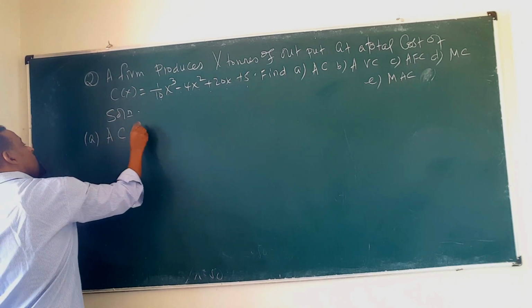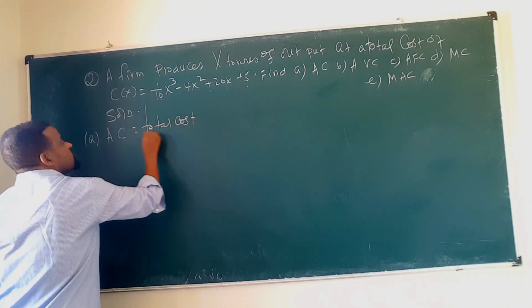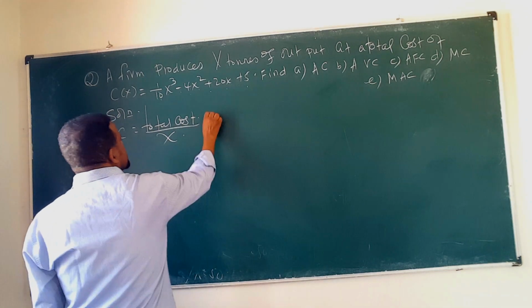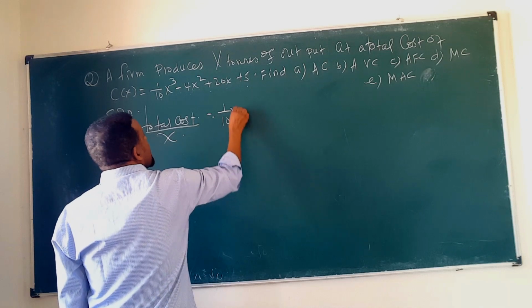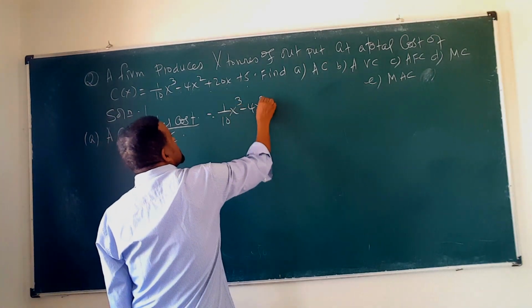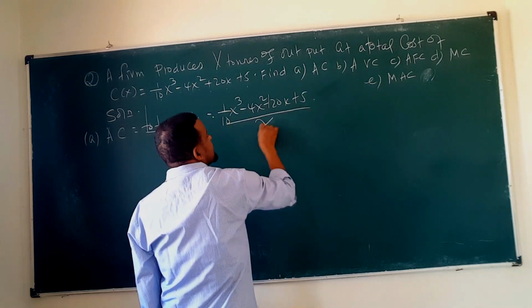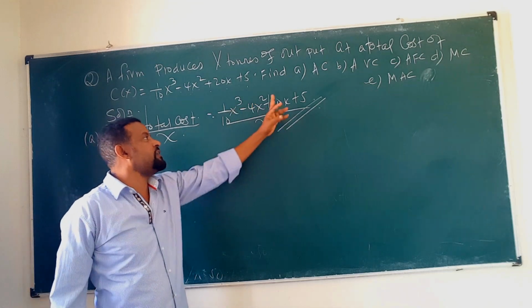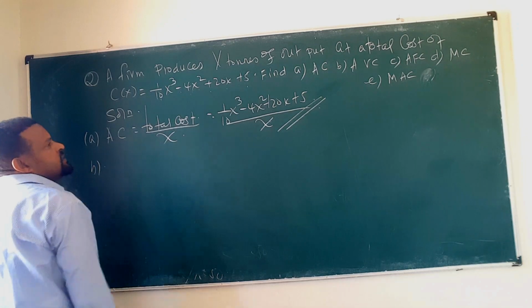Average cost is equal to total cost divided by the quantity x or the output x. So what's the total cost? Total cost is given here. So 1 over 10 x cubed minus 4x squared plus 20x plus 5, of course, divided by what? X. And አካፍላችሁ ማስቀመጥ ነው። ይሄ ለዚህ ሲካፈል ይሄ ለዚህ ሲካፈል ይሄ ለዚህ ሲካፈል ይሄ ለዚህ ማካፈል።